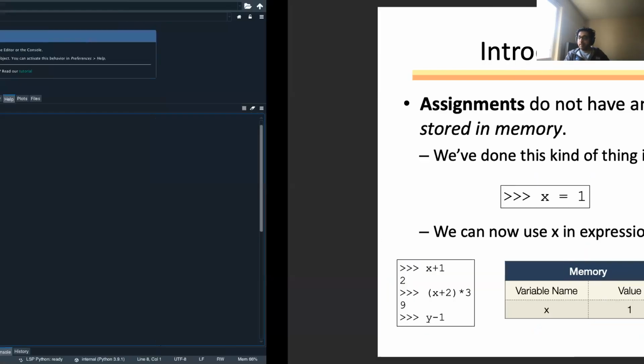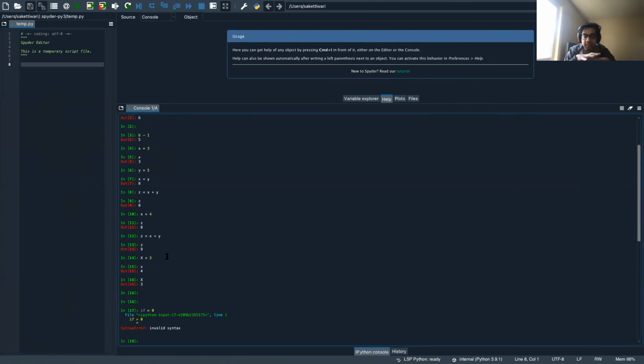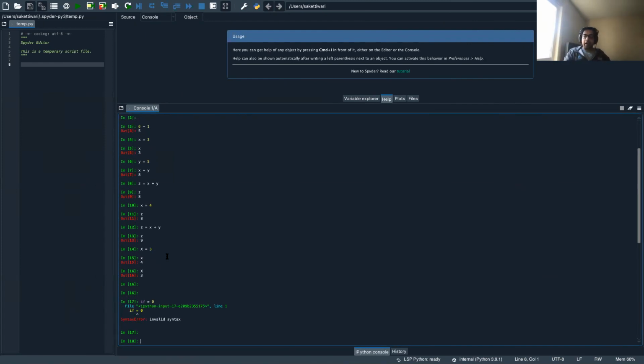Now, let's look at something which you cannot name a variable. This won't work, because if is something that Python reserves for itself. It says that, okay, here are a bunch of names that you cannot use. This is something that I need to interpret what you write, right? And